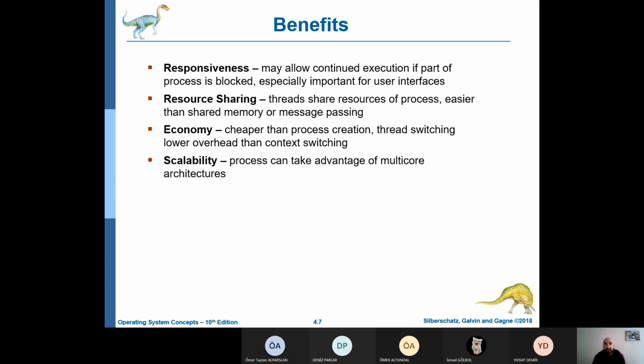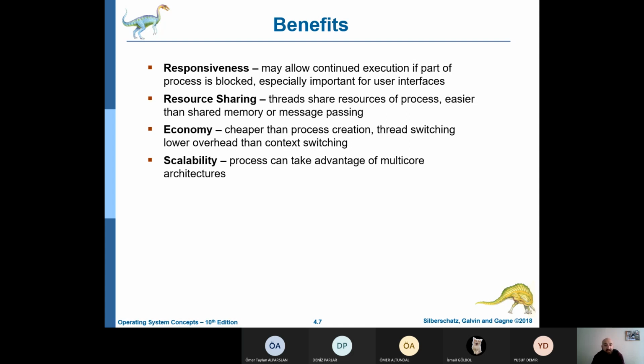At this point, I can easily assume that you already use some threads. If you create a user interface in your programs, that means that user interface at some point used threads to create a responsive application, whether you intended to use threads or not. So this quality is especially useful in designing user interfaces.